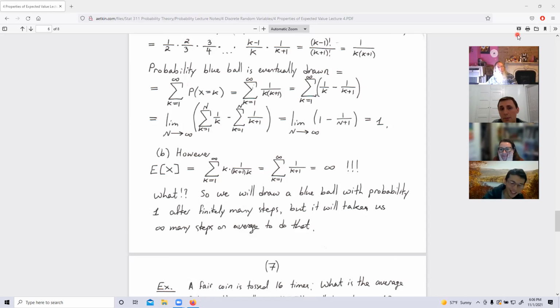I mean, the probability that you withdraw it on the first trial is 1/2. So it's already 1/2 as likely that you will finish once you do it once. But apparently, on average, it will take you forever to get to the blue ball. You see, guys, what's average, right? Average just means